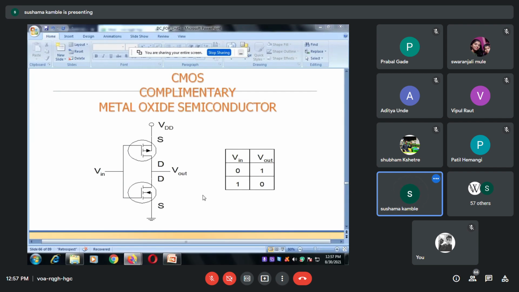अभी देखो, when we are applying input is equal to 1, that is logic high. So which transistor will be on now? Transistor or MOSFET? NMOS will be on. Below, correct, very good. NMOS will be on. And what about upper MOSFET? What about PMOS? PMOS will be on or off?